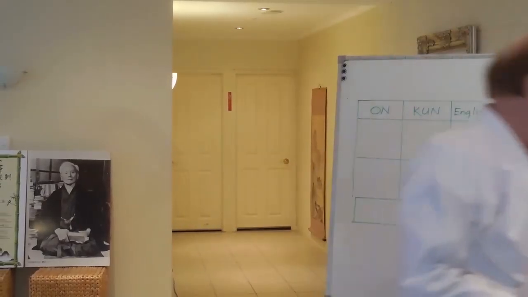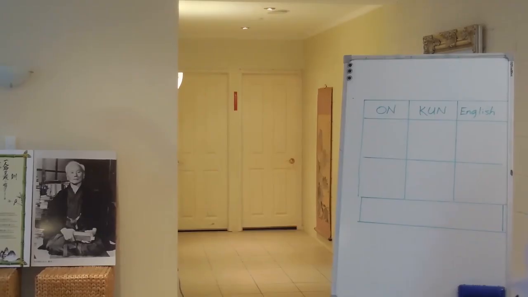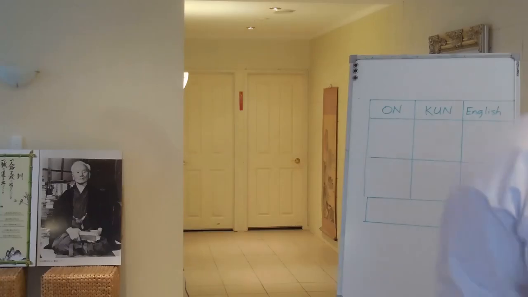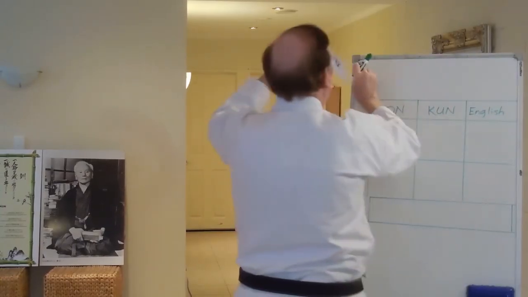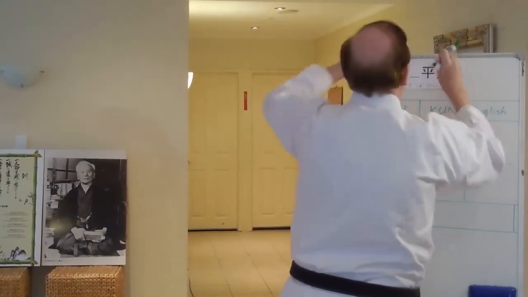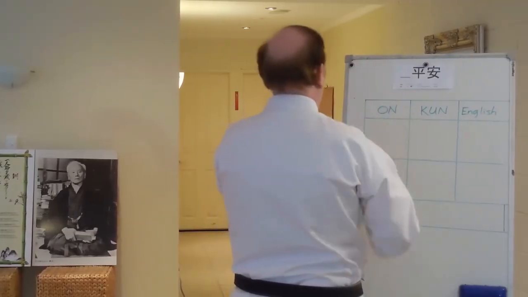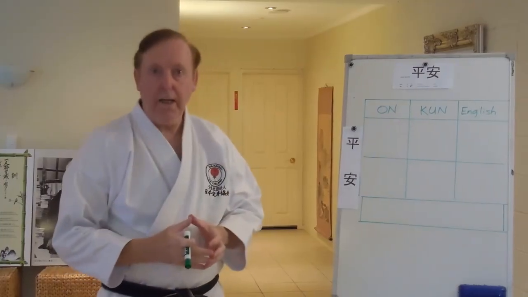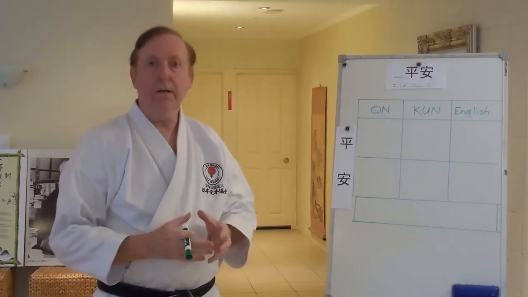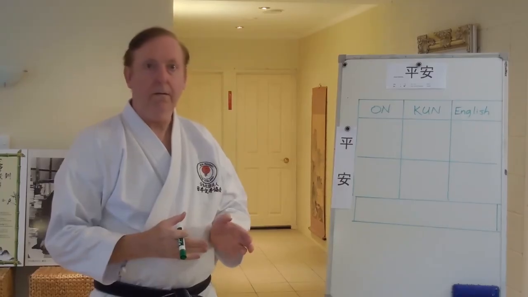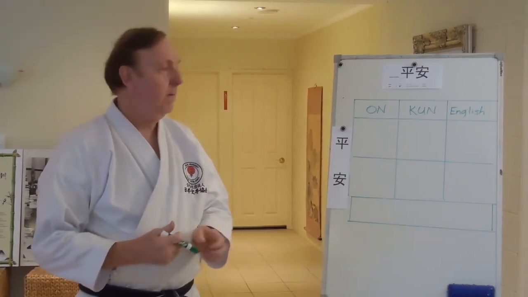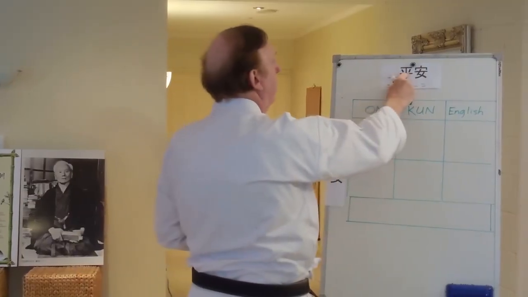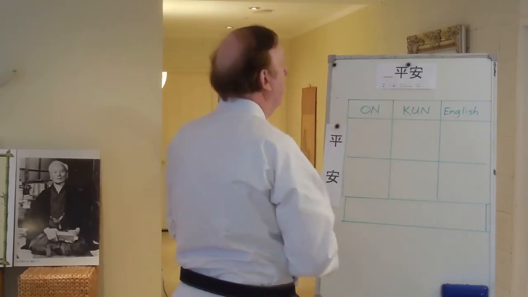Now, if we look at the first kata, for example, the first kata name is heian. We have heian shodan, heian nidan, heian sandan, heian yondan, and heian godan. Okay, so each one of these we can say here, this is the first kanji or character,